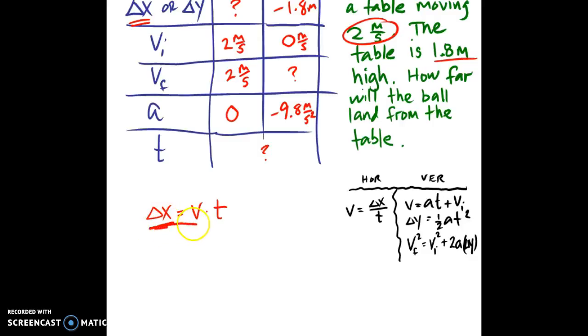That's delta x. And that's horizontal, that's constant velocity motion, so this relationship would solve it for me. I do know the velocity horizontally is 2 meters per second, but I don't know the time, so I am not going to be able to figure out the change in position, so I'll have to use the vertical motion